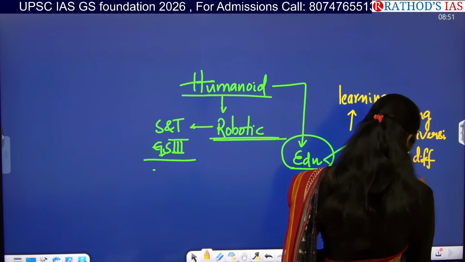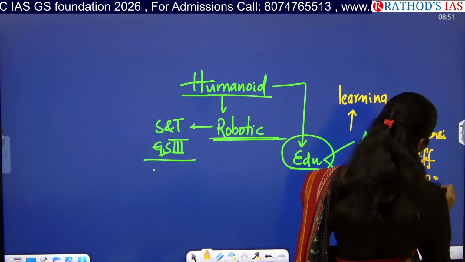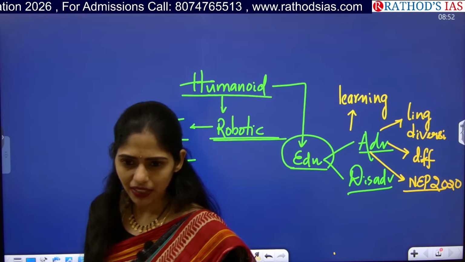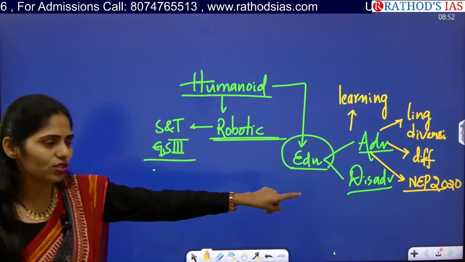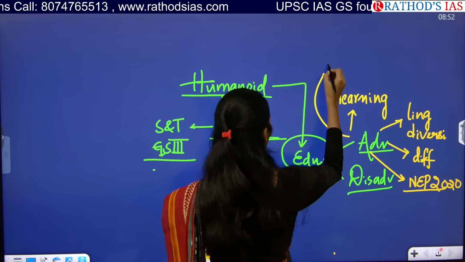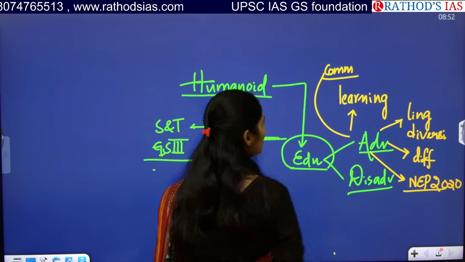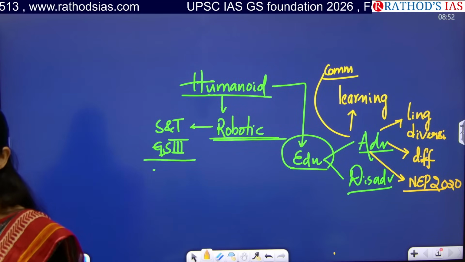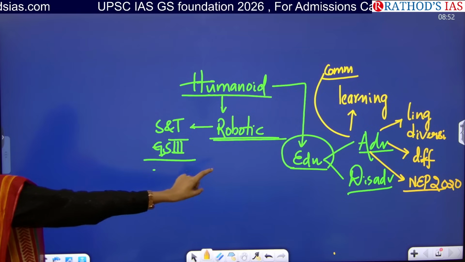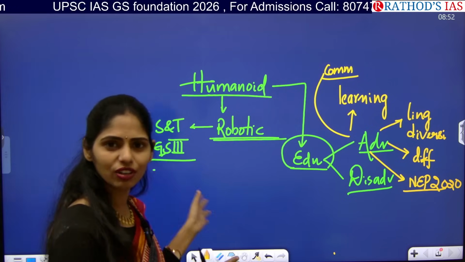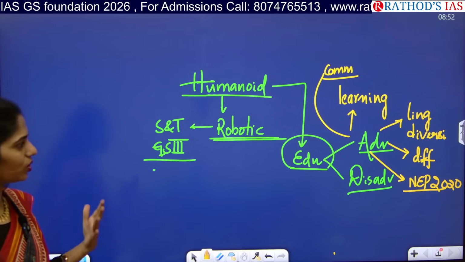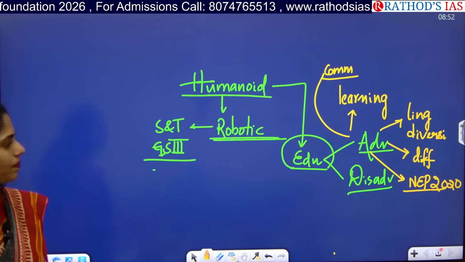So can we ensure proper implementation of the National Education Policy 2020? In this National Education Policy, they are saying that we have to go for teaching in mother tongue, right? So for that also, using these robots is very important. And we can make efficient communication by using these robots. For example, if a student asks a teacher doubts regularly and frequently, the teacher may get irritated, but that is not the problem with these robots. However many doubts they ask, it will answer clearly, so there will be no sense of shouting at the students, so that we can even promote creative learning. So these are the advantages.